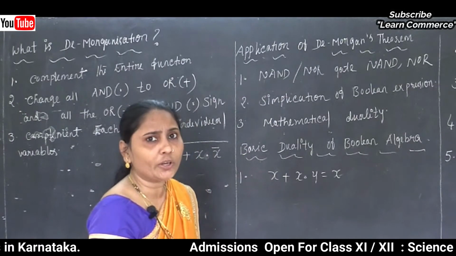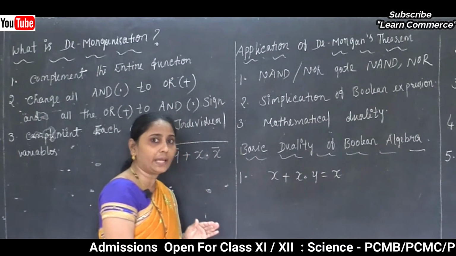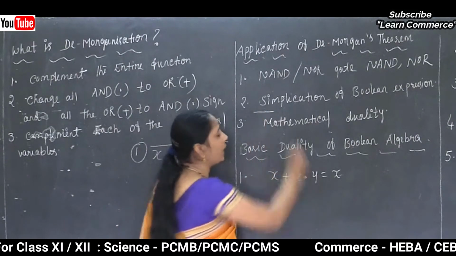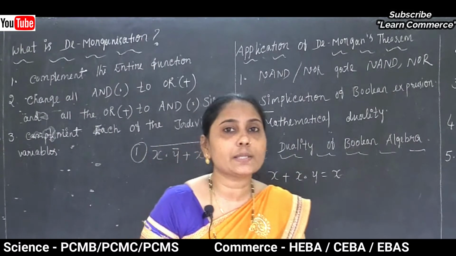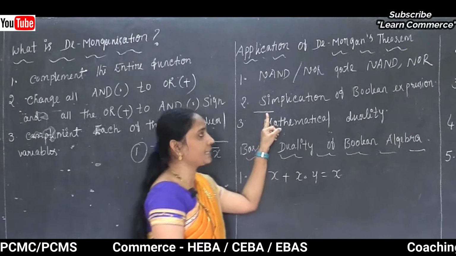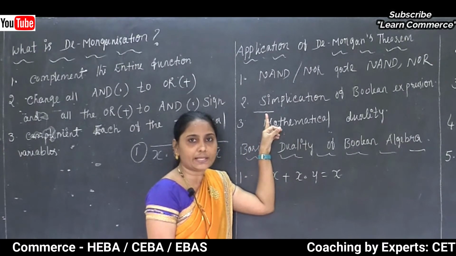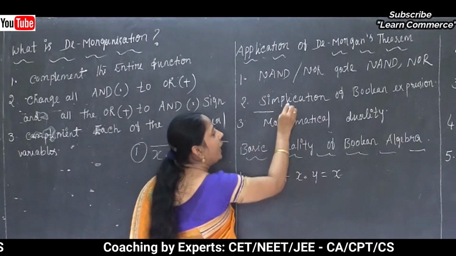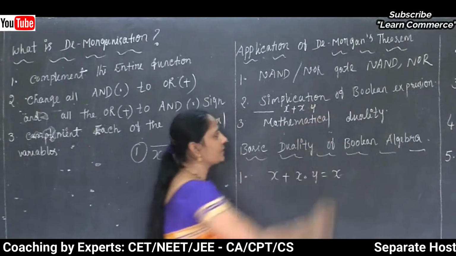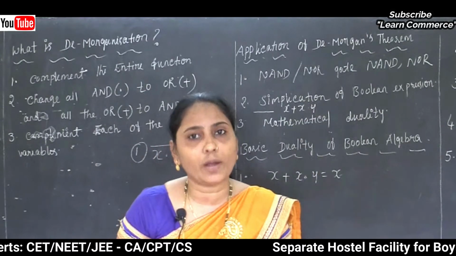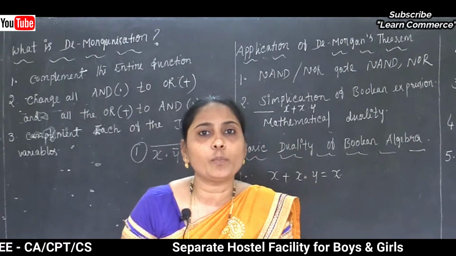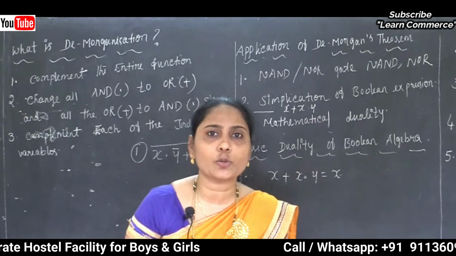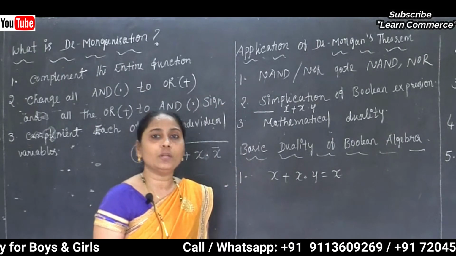And this second point, not just to construct the NAND gate and NOR gate, we are going to use De Morgan's theorem. Such a theorem is also very useful while solving Boolean expression problems. Maybe one example for the Boolean expression is x plus x and y. Clear this point? Or maybe the second example, complement of x plus complement of x plus y. So many examples are there for our Boolean expression.